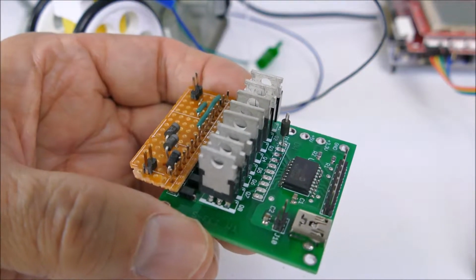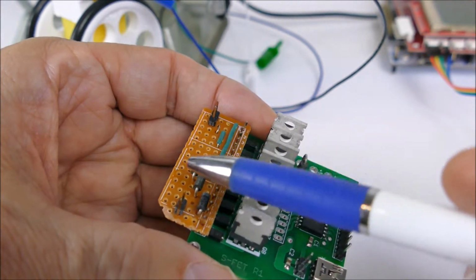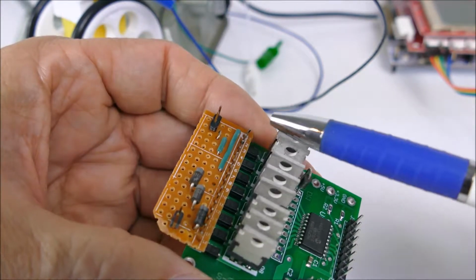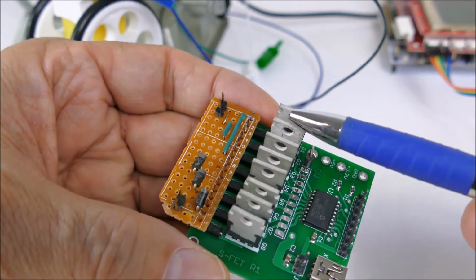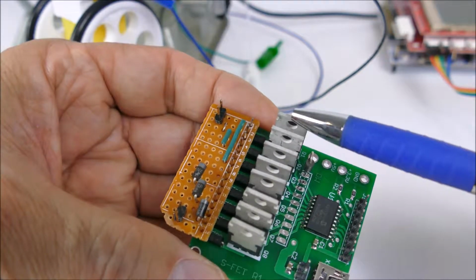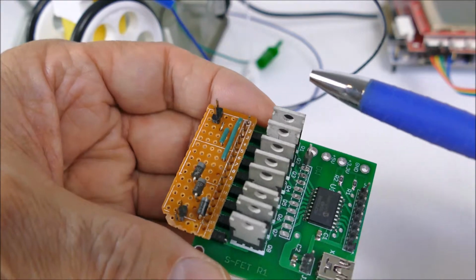So in order to modify the pump controller card to make it control steering motors and a main drive motor, I needed to make it have a reversible direction. So I've hooked up these 4 FETs in an H-bridge configuration. I replaced these 2 FETs here with P channel FETs, and these 2 are N channel FETs to get the